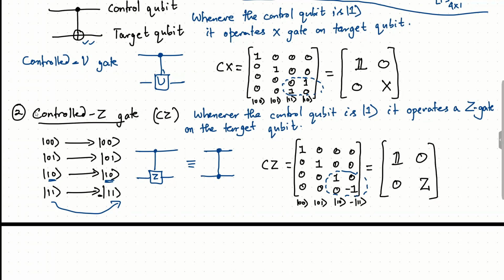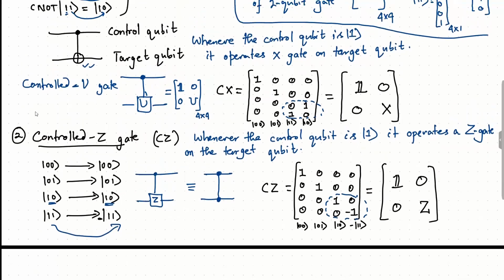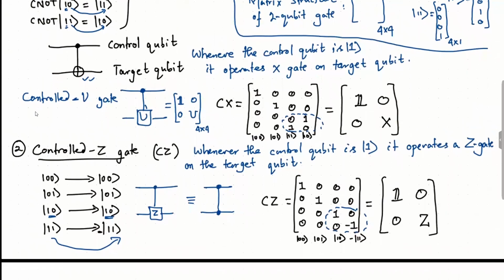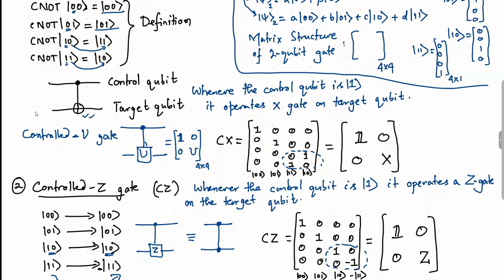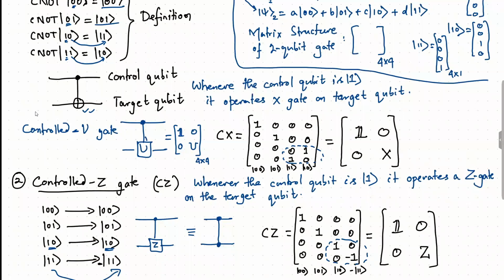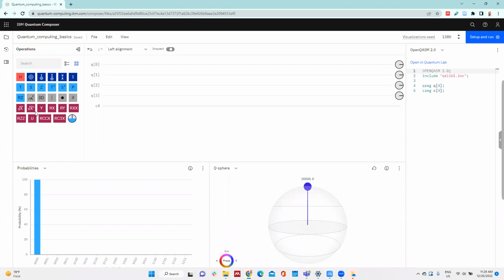Okay, in a similar fashion, the control U gate, I mean this gate, should have the following form. Then it should be an identity matrix and then a U matrix and 0, 0. Overall, it should be a 4 cross 4 matrix, and the CX and CZ are also 4 cross 4 matrices. So these are the two important control gates. So we saw the control X gate and we saw the control Z gate. We still could not see the action of the control Z gate in the IBM Quantum platform, and we'll get back there